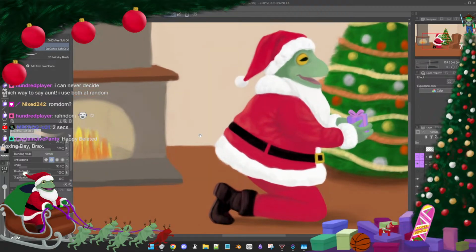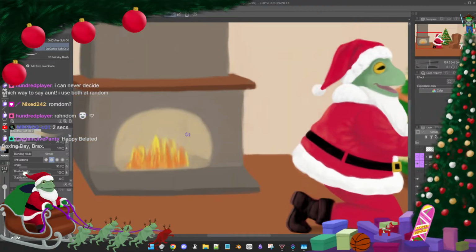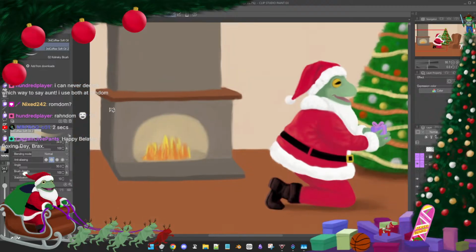Trying to figure out what to do with that. How do you do the inside of a fireplace? It's probably much easier than I'm making it out to be. What if we made this like